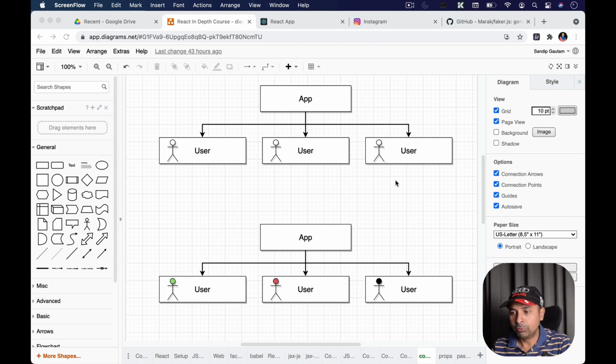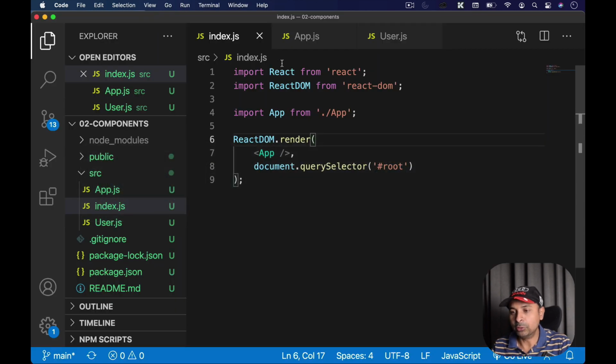So right now, if you look at our application, we have an app component. We basically start from the index.js file. So if I come back to my code editor, you see here, I'm rendering the app component inside my DOM. So app is like a container for my application, and app is nothing but a shorthand way of writing application.